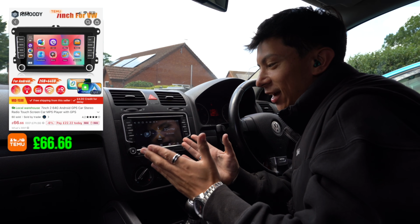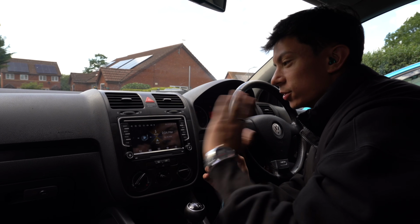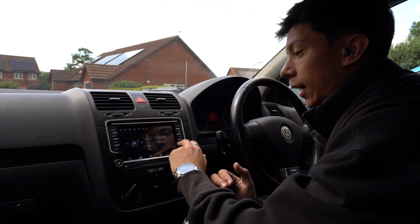So we've actually got the Apple CarPlay system. We've got touchscreen, all the apps and everything. So much better than the stock system. And the main bit,